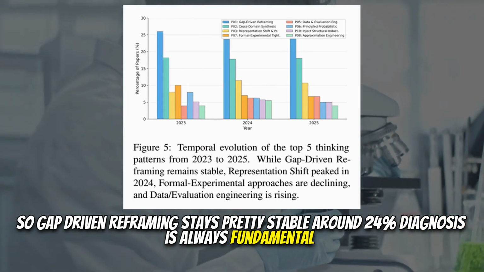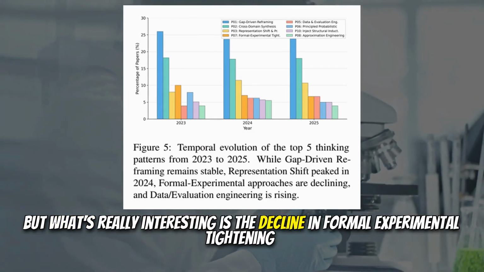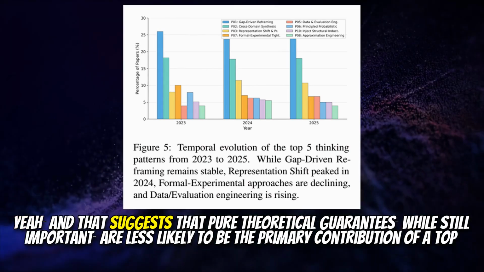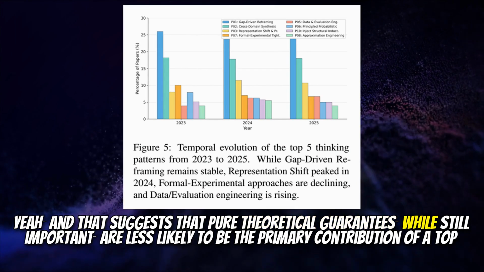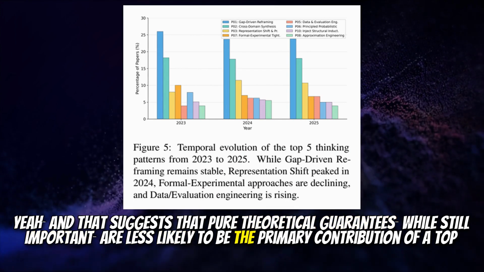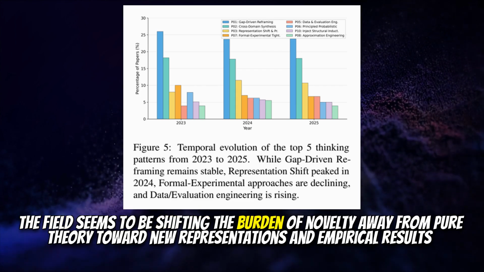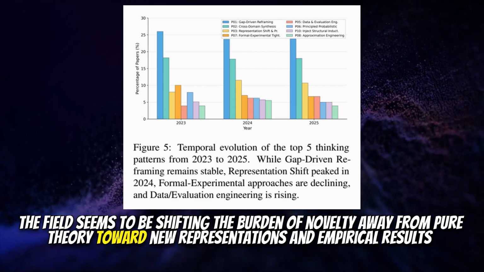Diagnosis is always fundamental. But what's really interesting is the decline in formal experimental tightening. That dropped quite a bit, from over 10% down to 6.6%. Yeah, and that suggests that pure theoretical guarantees, while still important, are less likely to be the primary contribution of a top paper now. The field seems to be shifting the burden of novelty away from pure theory toward new